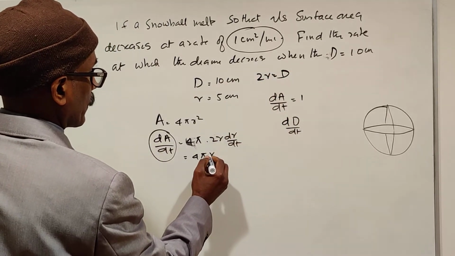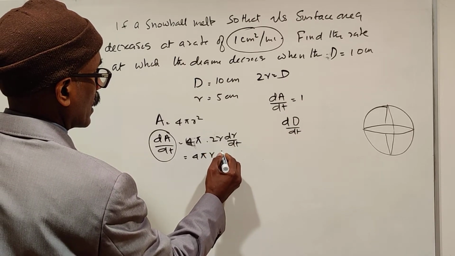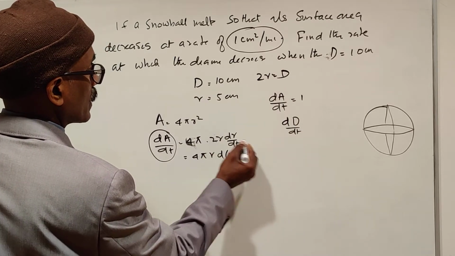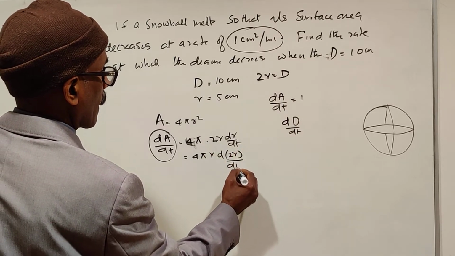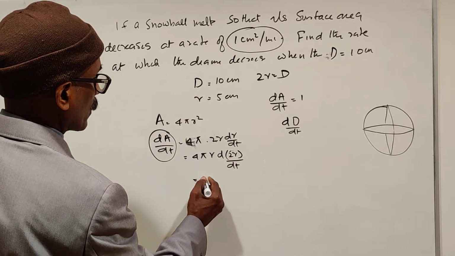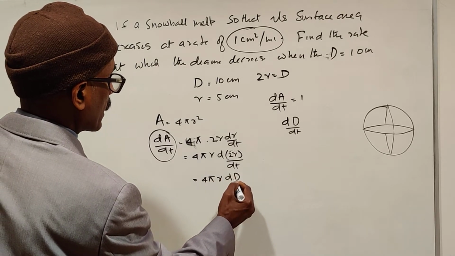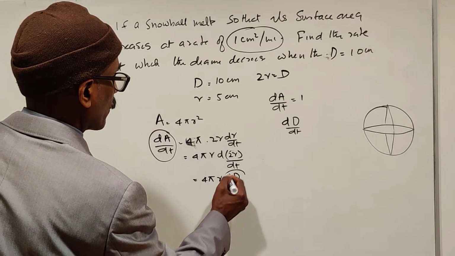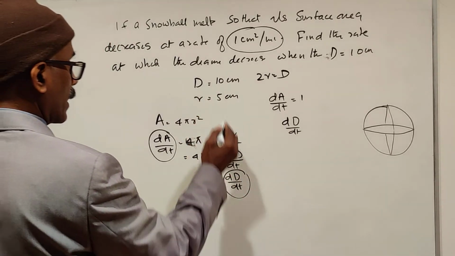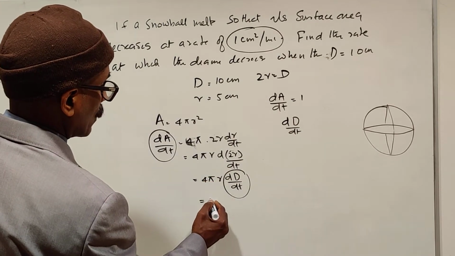So when you substitute D for 2r, I am going to bring this 2 inside d by dt. This one is capital D. We are going to find 4 pi r into dD by dt. We are going to find dD by dt. What is r? r is 5. 5 into 4 is 20. 20 pi